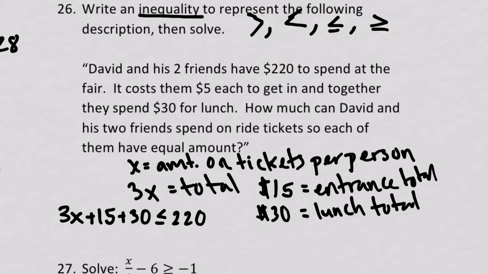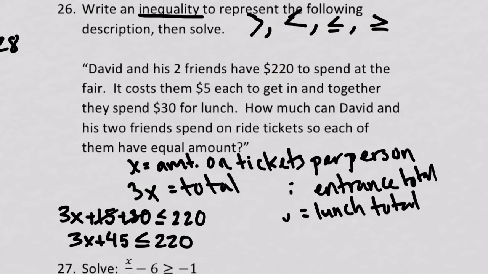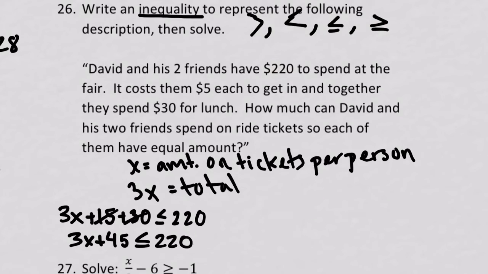So let's solve it. We're going to combine like terms. The 15 and the 30 make 45. So 3x plus 45 is less than or equal to 220. I am going to continue over here, so I'm going to erase this over here. So subtract 45 from both sides is my next step. Subtract 45. When I subtract 45, the 45 and the 45 cancel, so it's 3x is less than or equal to 220 minus 45 is going to be